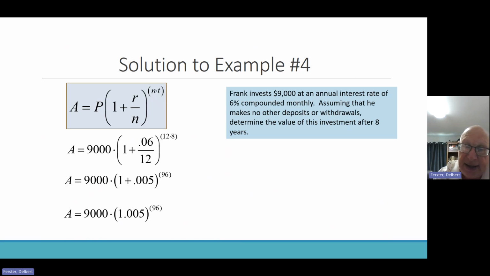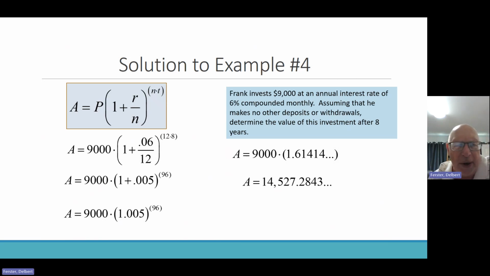But now I'd say calculator, just go. 9,000 times 1.005 raised to the 96, hit equals, and you're done. You don't need that line. I kind of am sad I put it in there. So what do you got? Well, that 9 grand is now worth